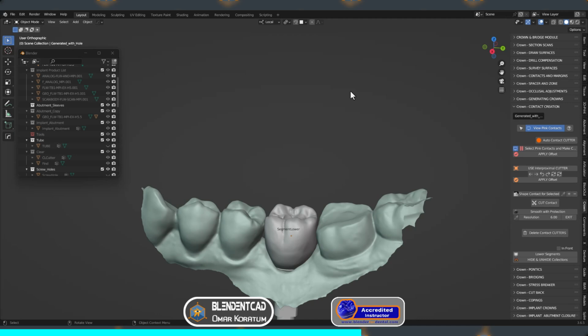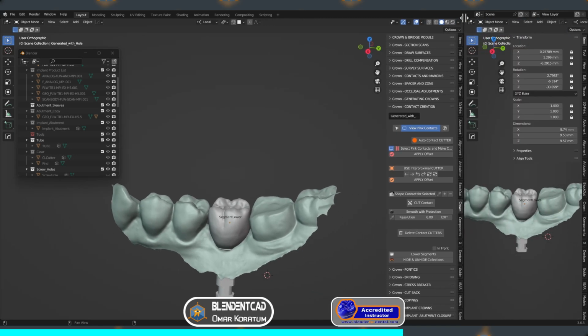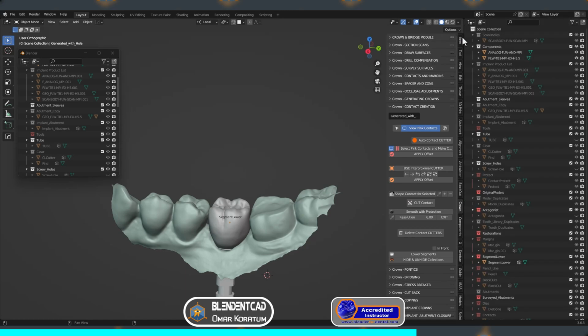is to split the Blender into two halves, one for the 3D viewport and the other for the outliner. And how you used to do that is to bring the mouse to the top corner here until it became a cross as well. Click and drag, and then I'm going to press on this icon and press on outliner. But as you can see here, our 3D viewport became smaller